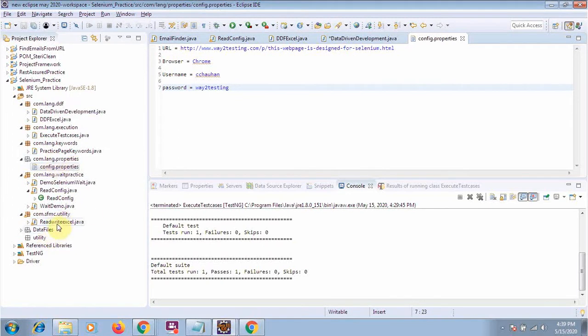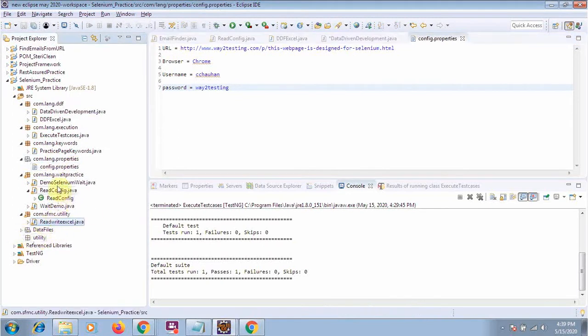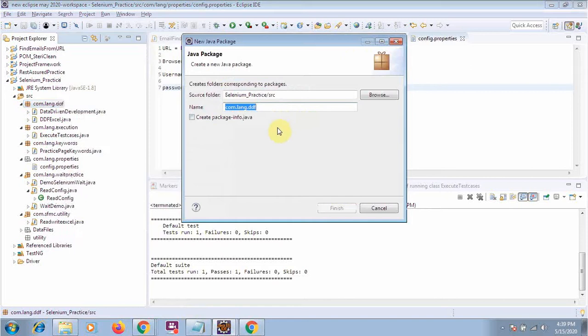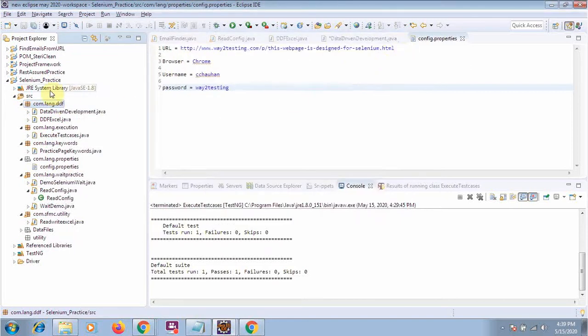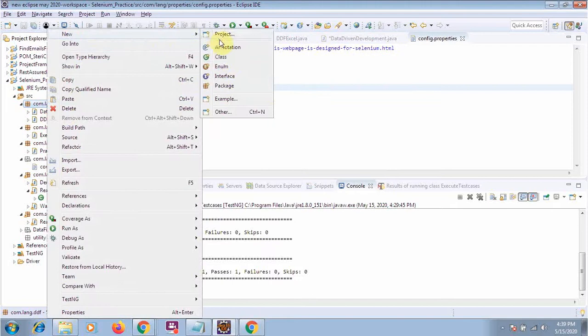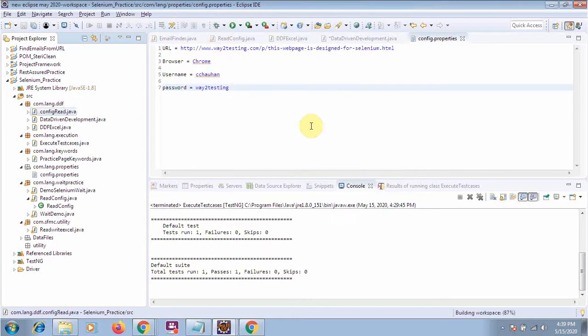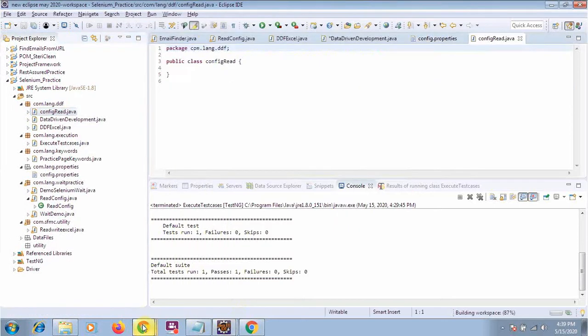I have already created a class, but let me create a new class here. I will give it the name config read. It means we are just reading the config file.